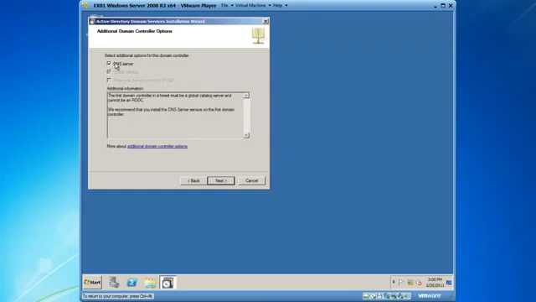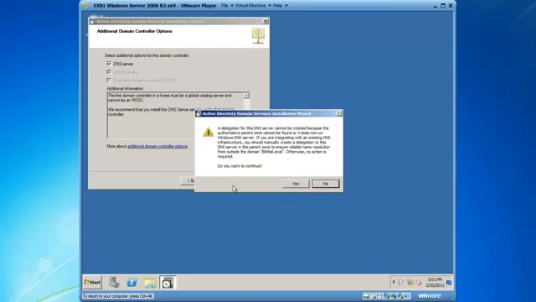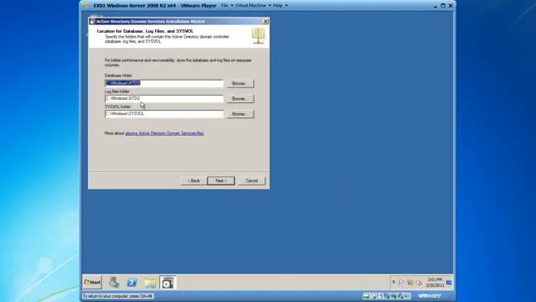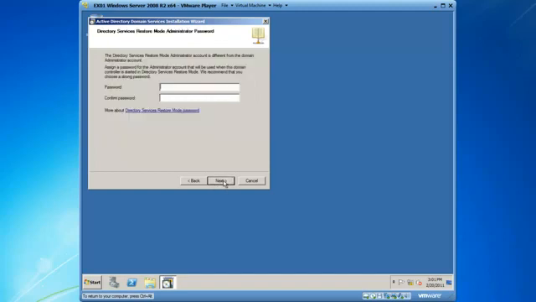It's determined that there is no DNS server present, so it's going to add that feature for me automatically. This is also going to create the first global catalog server, which is an index of your forest. I would like DNS and global catalog, so I'll click on Next. And I'm going to leave my database locations default, as well as log files and sysvol, and I'll click on Next. I need to put in a directory services restore mode password at this point in time,